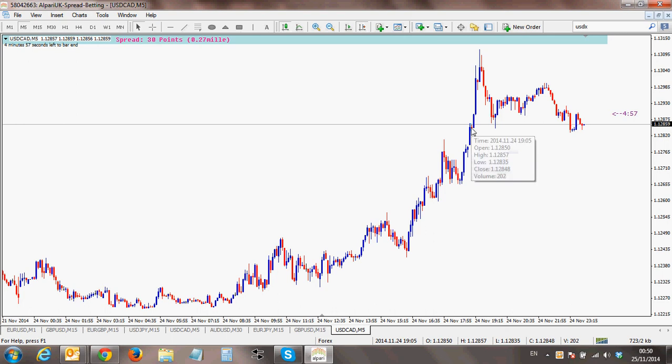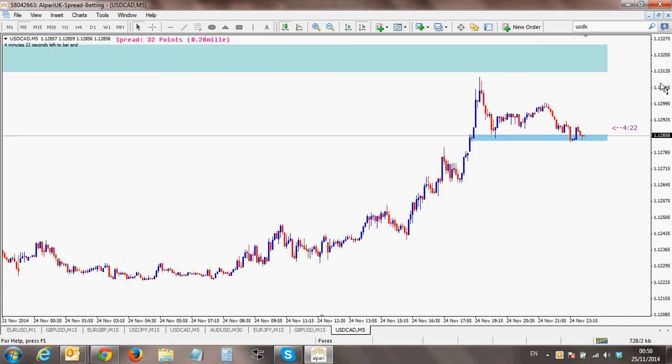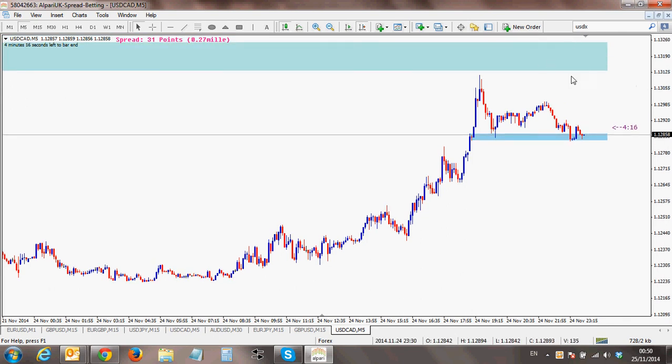wait for my little box to get chucked forwards, there we go. So very recently we just had an engulf there of this flag limit right here. So we've come up near to this area, come back down, farted around, break of the flag limit here, and so might get some breakout traders going short here, and people have seen this, so there's going to be people short as well, and I'd anticipate a fake up into this level here,